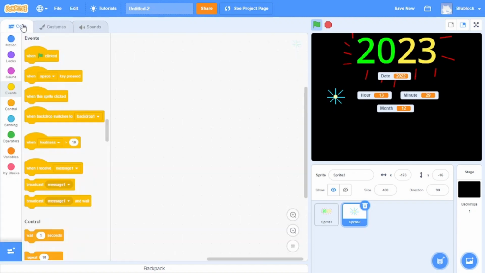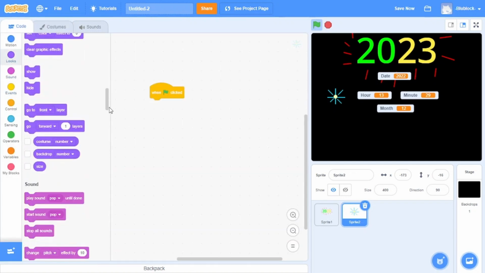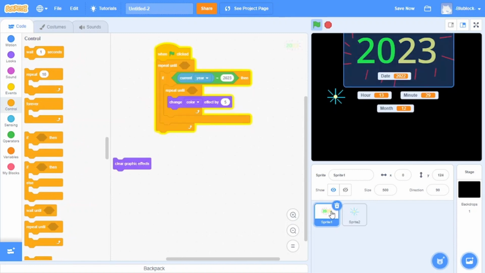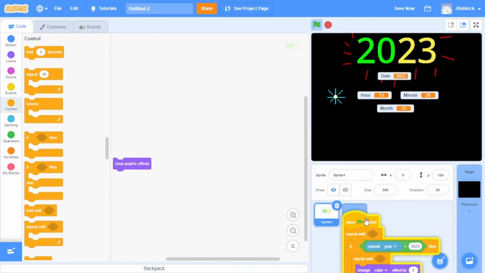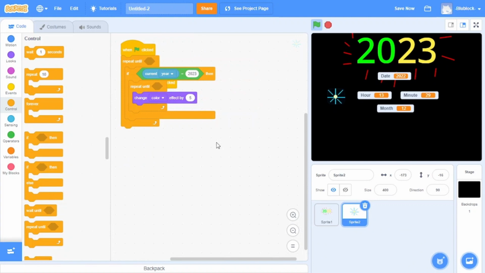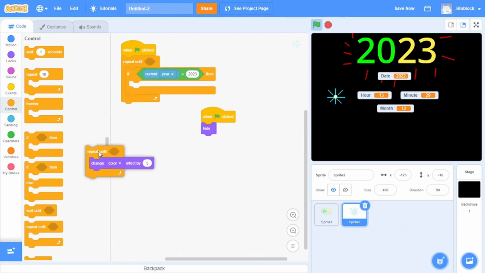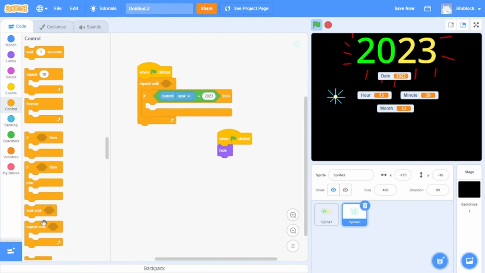400's a good size. But when the green flag is clicked, this is going to hide. And then we're also going to add, when I receive, nope. We can just copy this and put it into this sprite. But we might not want this to happen inside. But if the current year is 2023, then repeat until,